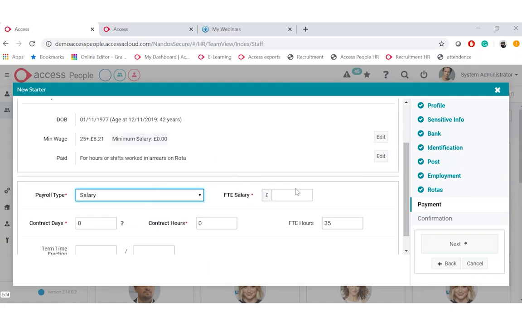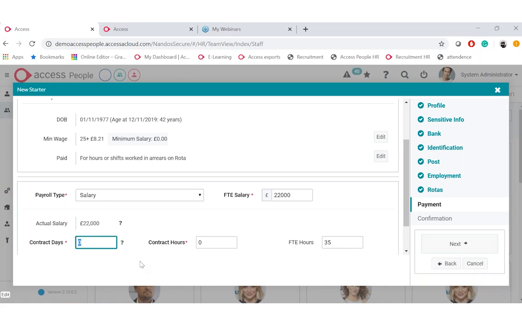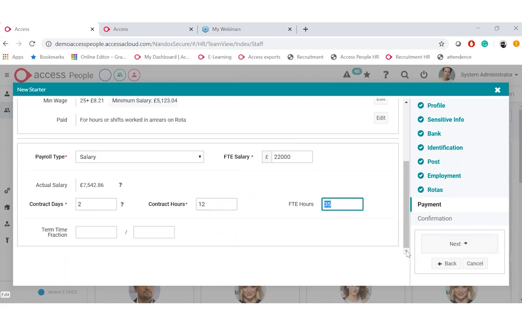If I just quickly put this person on a salary, we have to put the full time equivalent, 22,000. If I just put in here contracted hours of, say, 12 and 2 days. Okay, it's worked out the actual salary there. So again, it's sensitive enough to understand, take the FTE salary and work it out on these figures here.